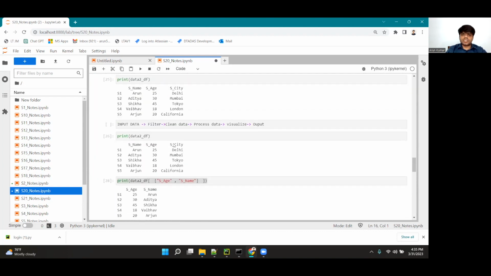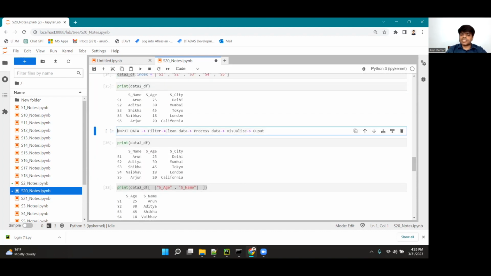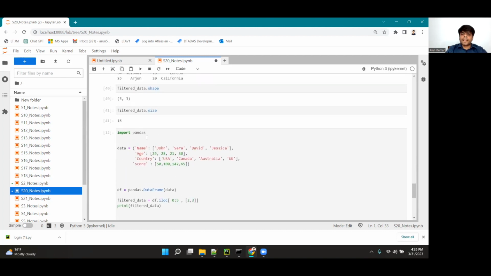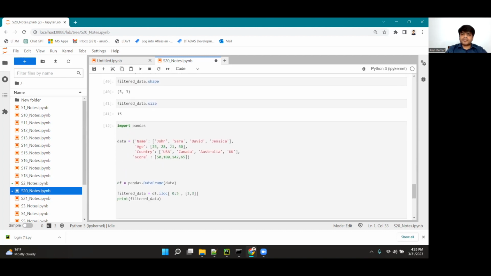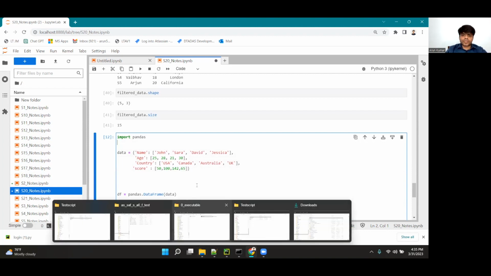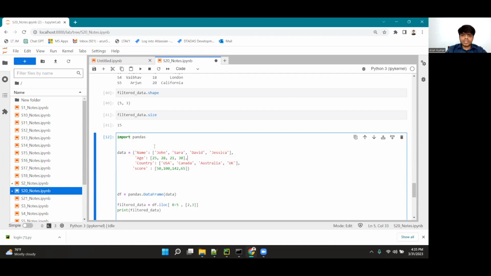Okay. So here somewhere up we have written that we take the input, we convert it to a data frame, we filter it out. Now let's learn what cleaning the data means. When I say cleaning, remember that suppose there are some NaN values or empty values. For example, if I'm importing numpy, and here I can write